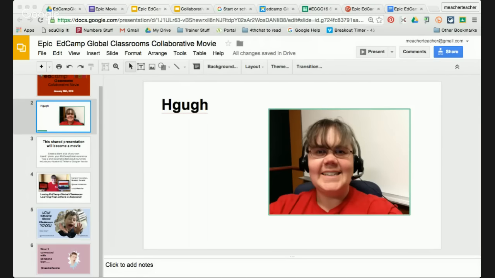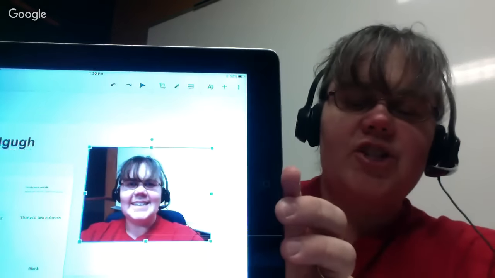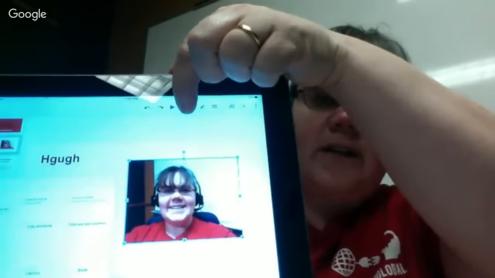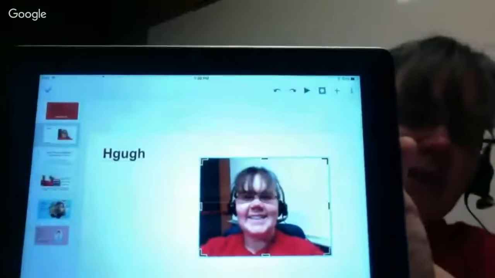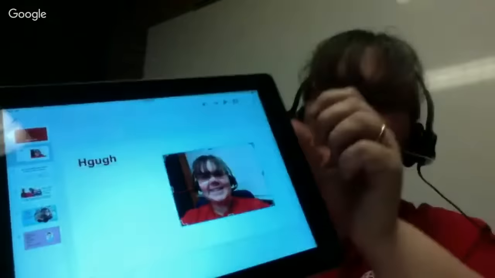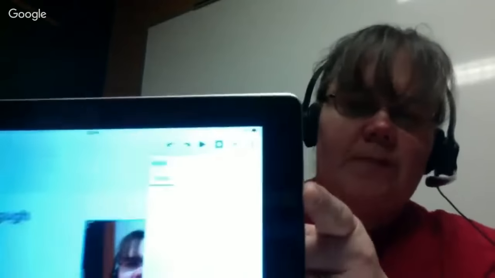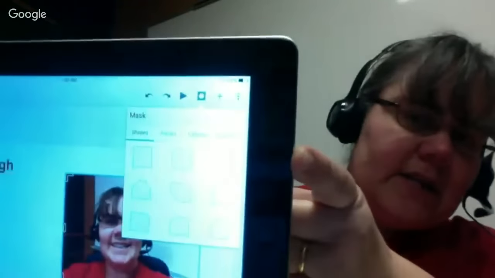Switching back just briefly, we're going to come back here, and if you're working on an iPad and you really like the idea of having that picture that was a shape, never fear, you have that option too. The crop tool is up here. It's that funny square with the bits that stick out. And once I'm in the crop tool, there's another shape tool up here. So it's the gray one with the white shape in the middle. And that will let me choose the shape that I want. And I'm sorry that you can't see it better, but I can choose the shape that I want, and I can crop to that shape.